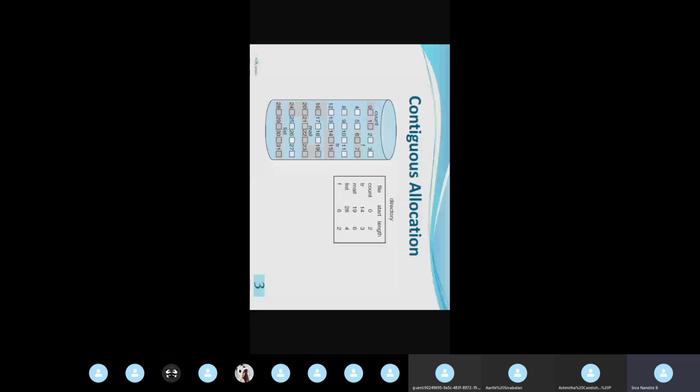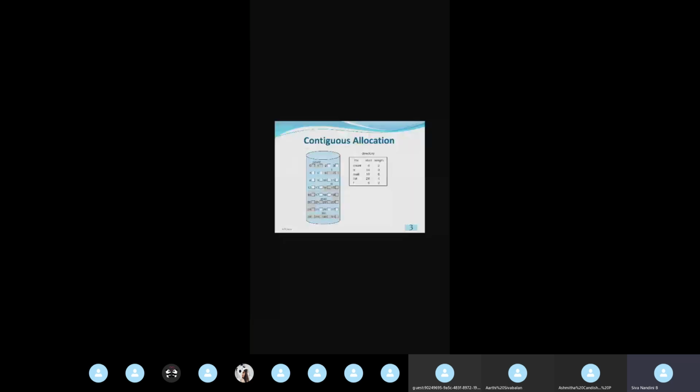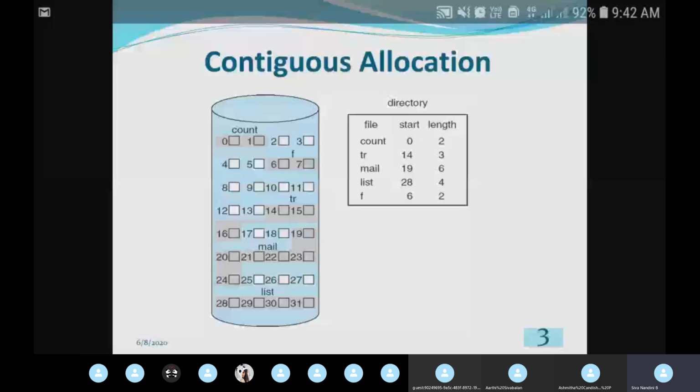In contiguous file allocation, the logical blocks are allocated in a continuous way. Here, external fragmentation occurs. So to overcome the external fragmentation, we go for compaction. The compaction performed during the file allocation itself is known as online compaction. If it is performed by stopping the file allocation and then performed separately, it is known as offline compaction. It is also known as downtime compaction. Okay. Next we will see